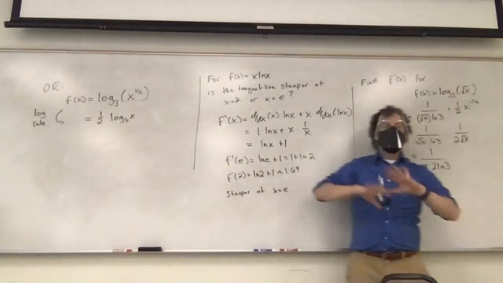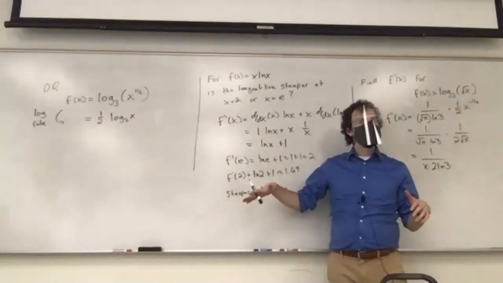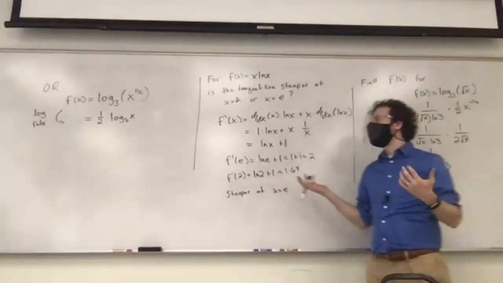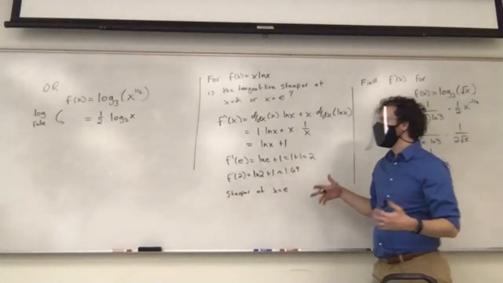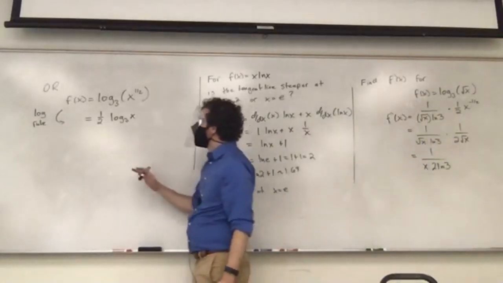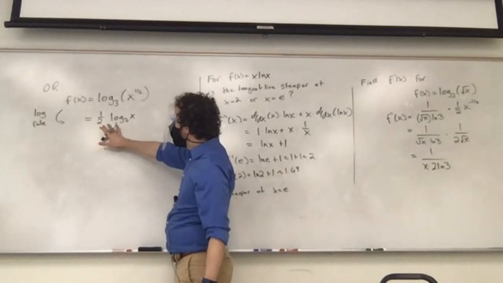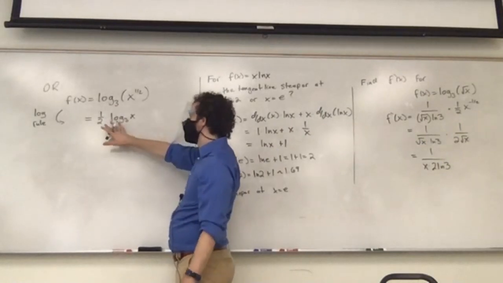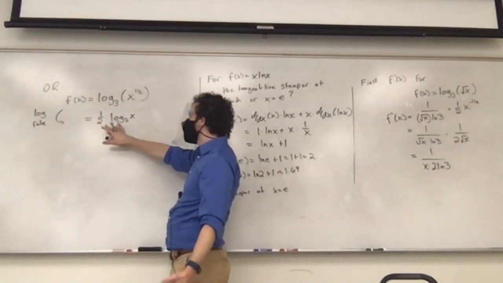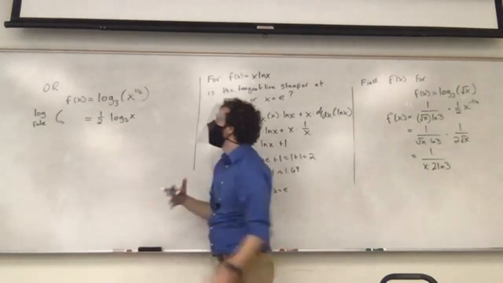And this is not a power rule type thing moving the exponent down. This is an algebra fact about logarithms. But if we do this, and maybe you didn't remember this, but it's a valid rule,